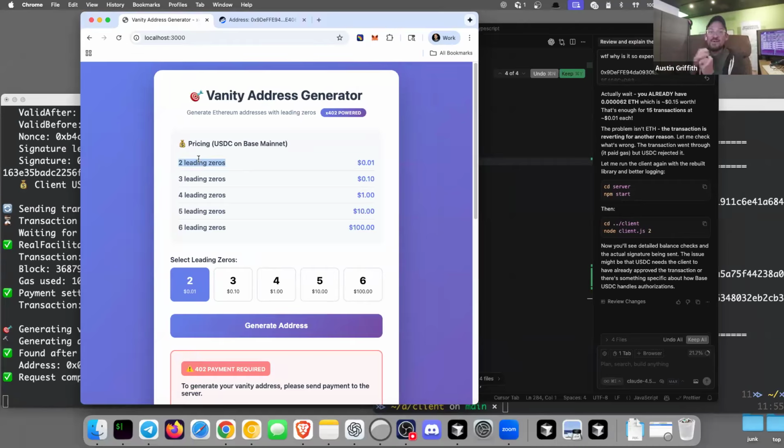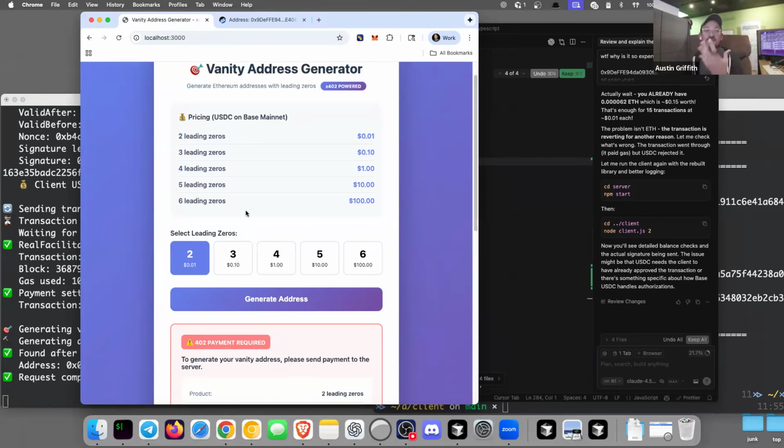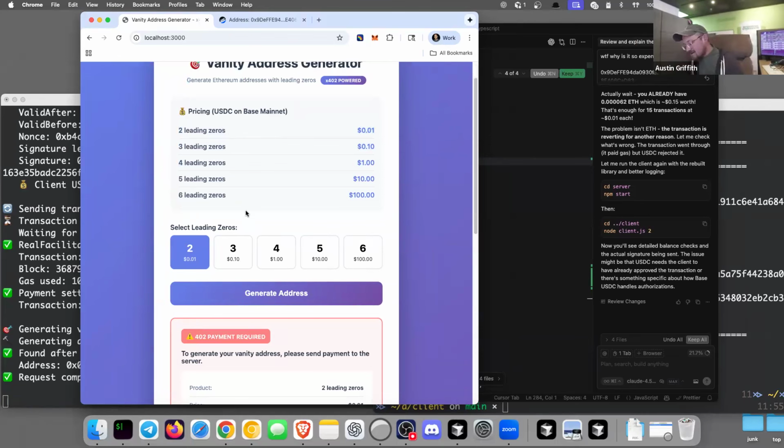There's some work that has to go into this because you have to create a bunch of addresses. And so what I'm doing is if you want 2 leading zeros, you can pay a penny, 3 leading zeros, you can pay 10 cents, 4 leading zeros, $1, right? So basically, if you want a vanity address that has lots of zeros, you have to go to this service, right? So let's imagine that there is an agent that wants to use a vanity address to do something else,